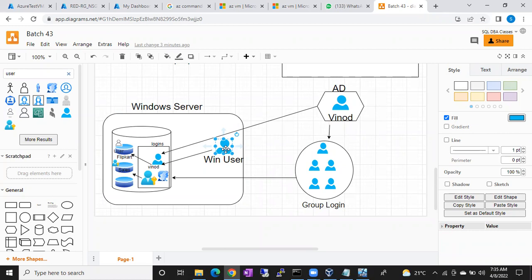Did we discuss this point yesterday, guys? Yes. Now sir, tell me, what is the challenge if I create a user in the individual machine? Security issue. Active Directory, sir. Forget about Active Directory as of now. What is the challenge if I create a single user in the individual machine?